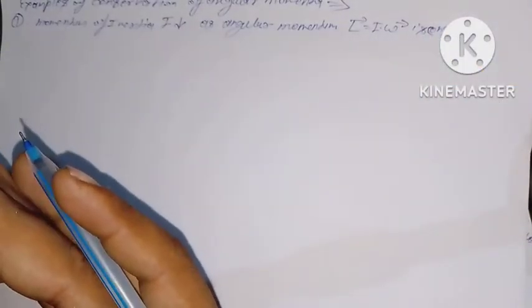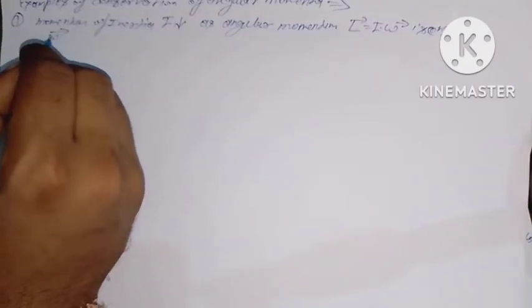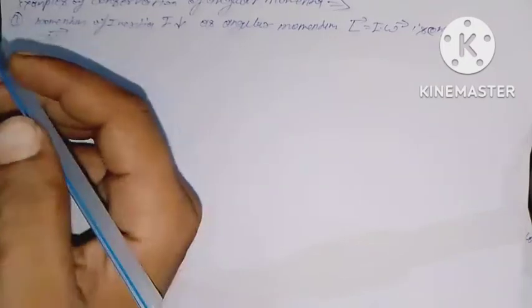The angular velocity omega of his body, which is the same as the angular velocity of the rotating platform,